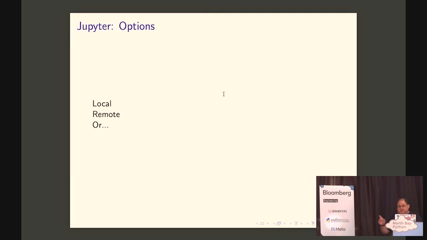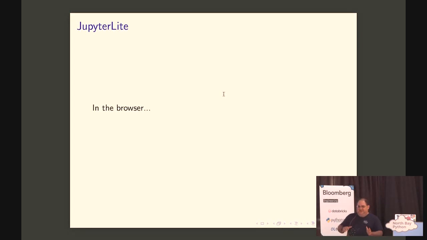But there is one last option that is very important, although of course it does come with its own trade-offs, and that's JupyterLite, which is something that I'm always shocked by, fewer people knowing about it than I expect them to. JupyterLite is a Jupyter that runs in your browser, right? So it's not running on a server with your browser looking at it. It actually runs inside the WebAssembly environment inside your browser.